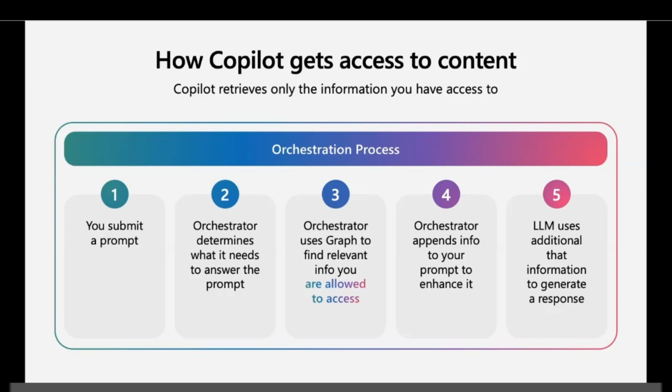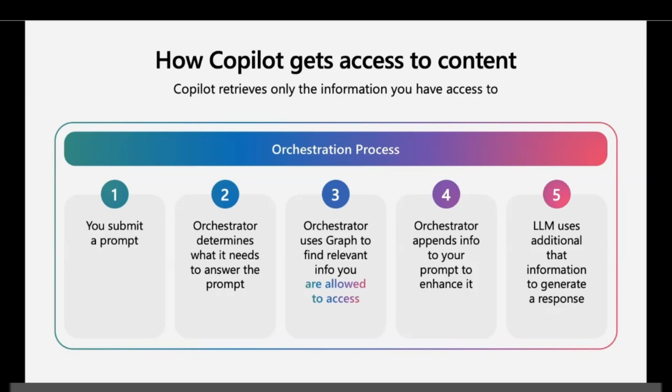access. So, for example, if you weren't part of that meeting and you don't have access to that transcript, we're done. There's nothing that it can go get. However, if you were part of that meeting and you do have access to that transcript, now we're going to take that graph data and we're going to append it to the prompt as you see in step 4. That's then going to enhance that prompt that we're going to send off to the large language model. So now that prompt says, I want to know about the meeting that I didn't attend, and here is the meeting information, and here's the transcript to that meeting, and here are files that are associated to that meeting,